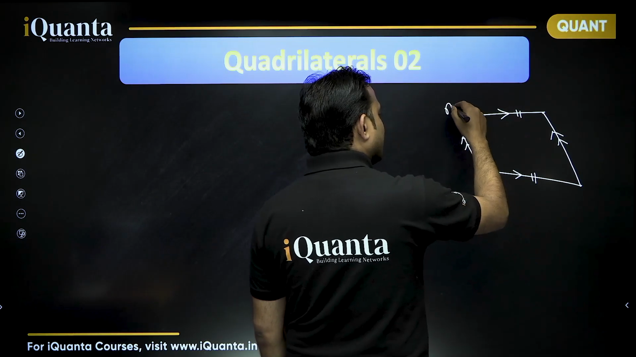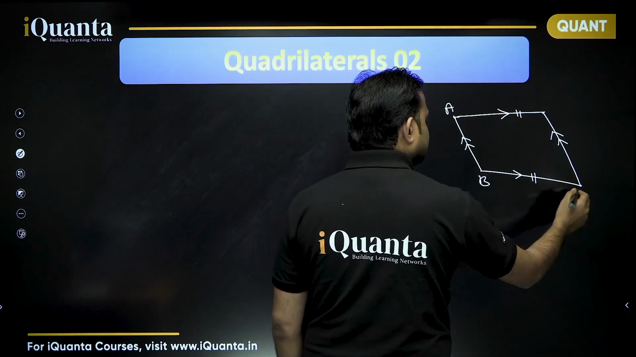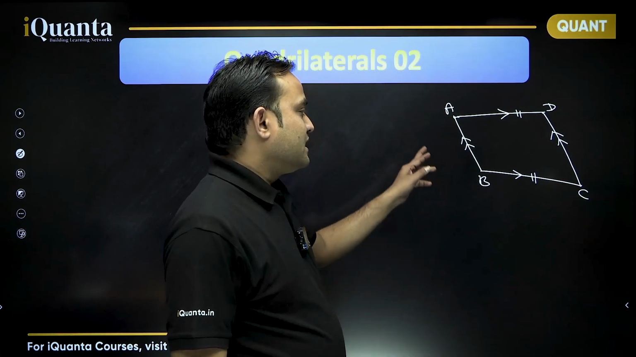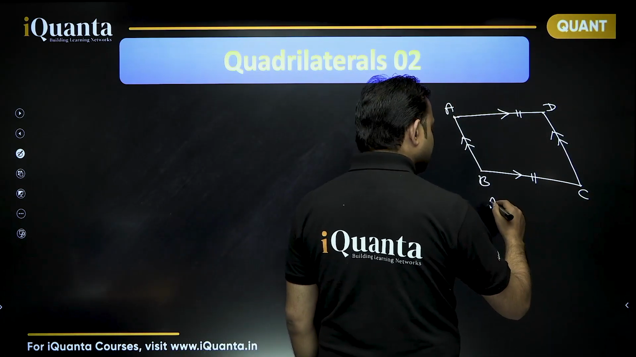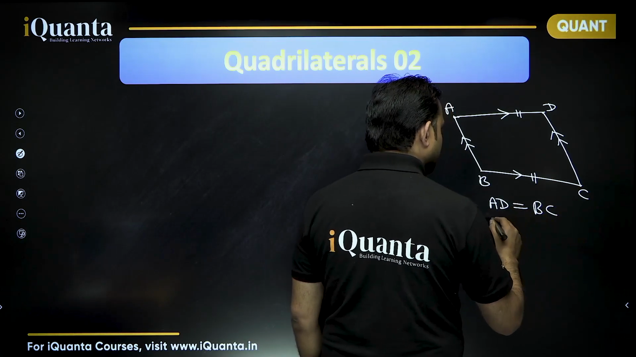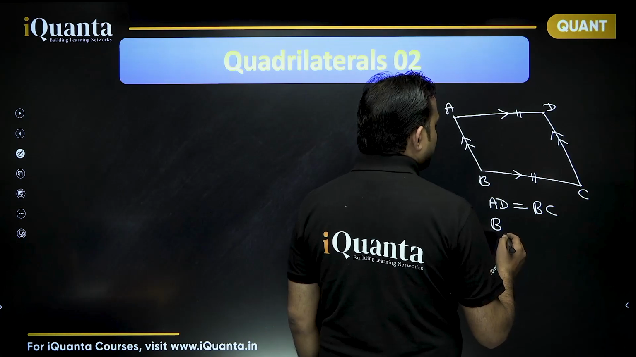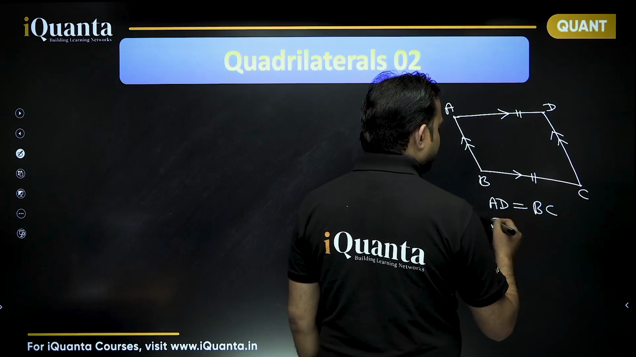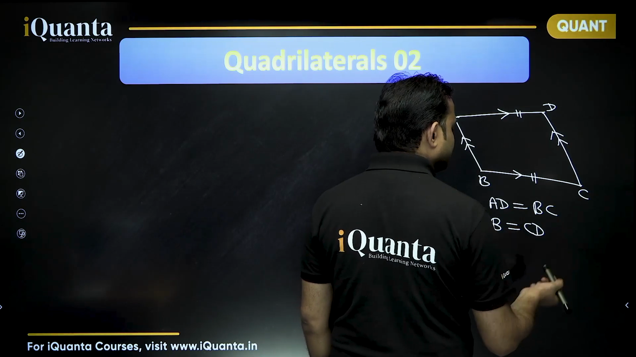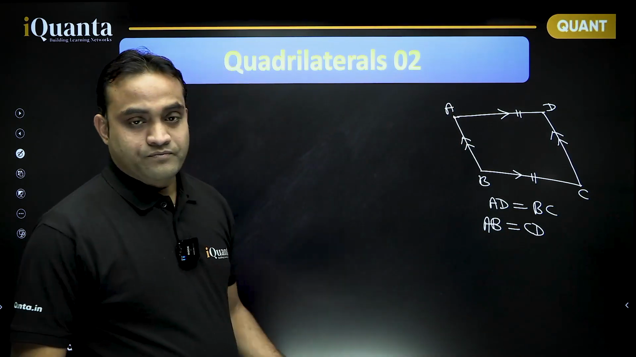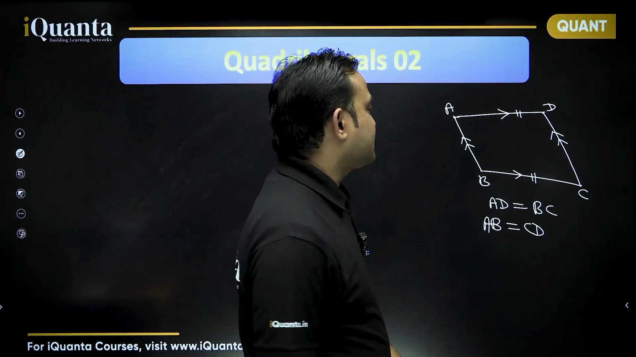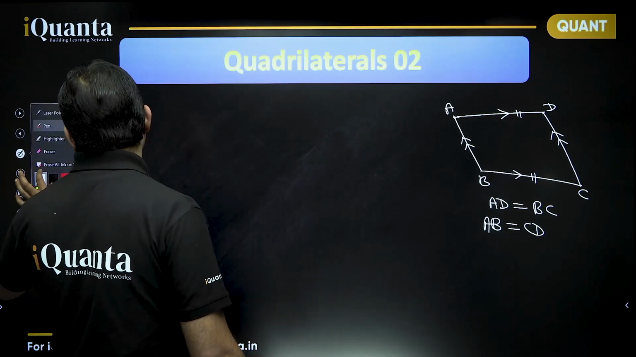So, parallelogram ABCD. In this case, AD will be equal to BC and parallel. Also, AB will be equal to CD and parallel. Okay. So, what other properties regarding parallelograms can we state, if we need to find the